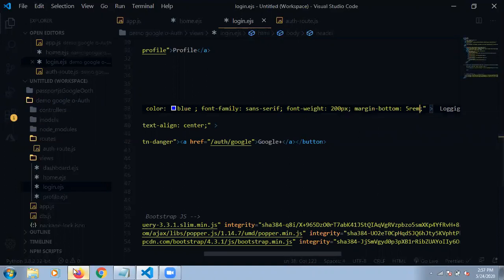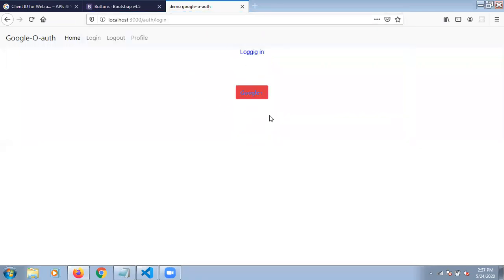We are giving margin as 5 rem, and yeah, it's fine.